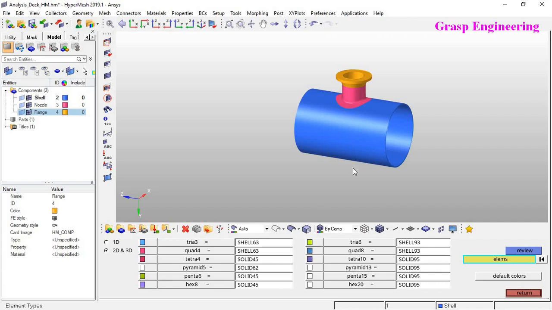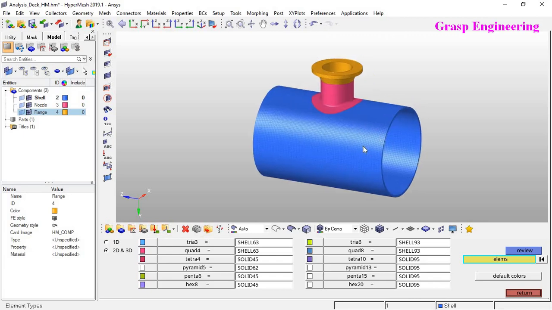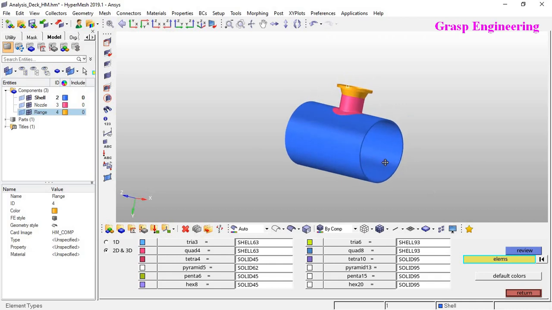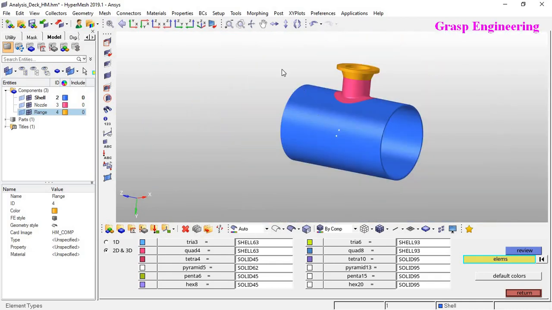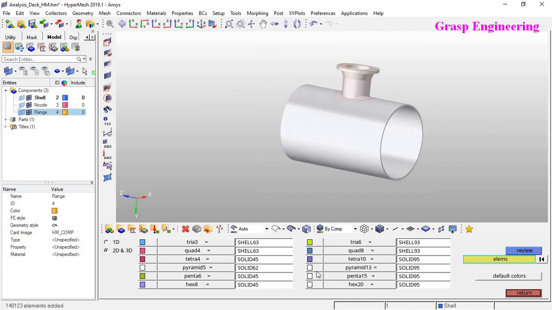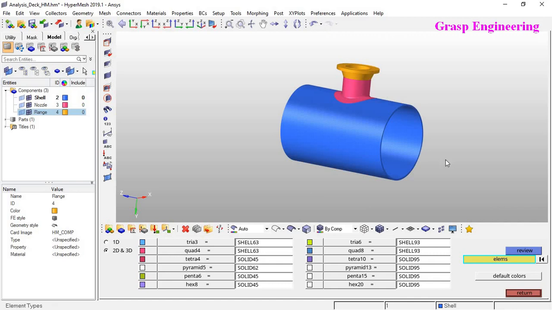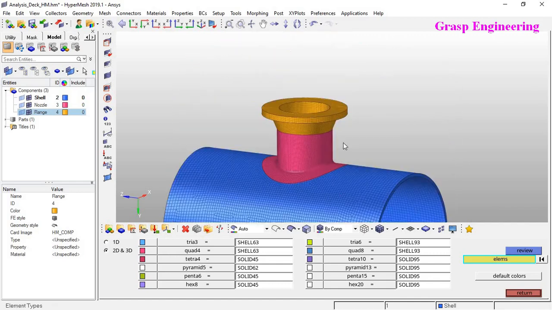By default it is going to take the respective element type. Suppose you want to change a particular element type, you just need to select your respective elements from the display like this, and here you can change the respective element type. At present let's check whether our elements are up to the mark or not.